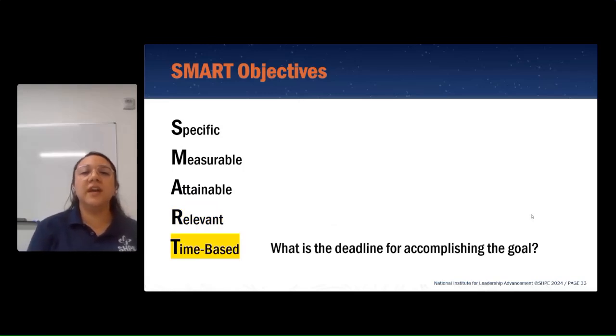And then time-based, making sure that you're putting a deadline for when you want to accomplish this goal. If you leave open-ended goals, it's really hard to hit them if it's not by a certain deadline. So if you want to hit that sponsorship goal, you set yourself, okay, we want to do X amount by month 3 or quarter 1, however you split up your year calendar, and making sure that you have milestones along the way that are attainable